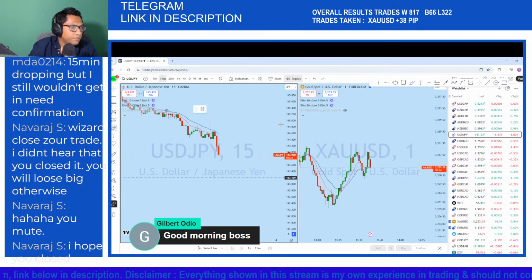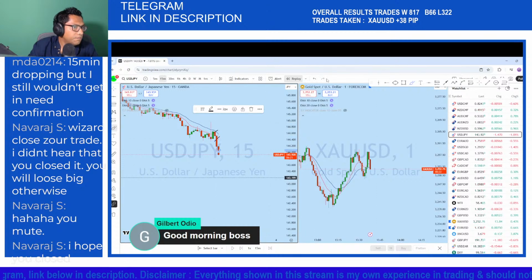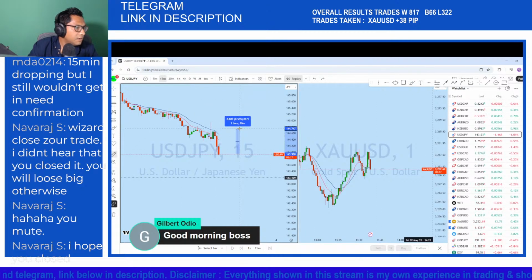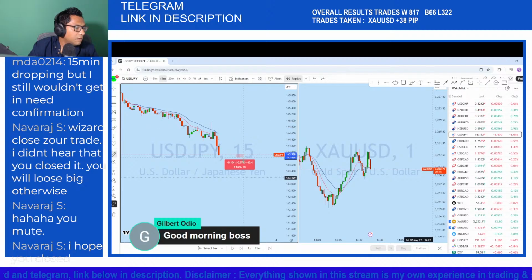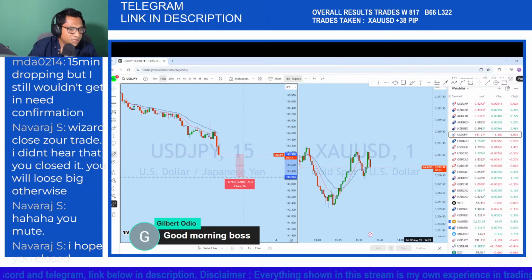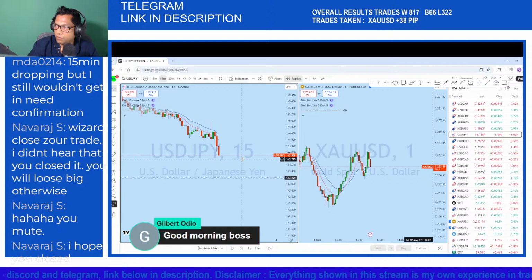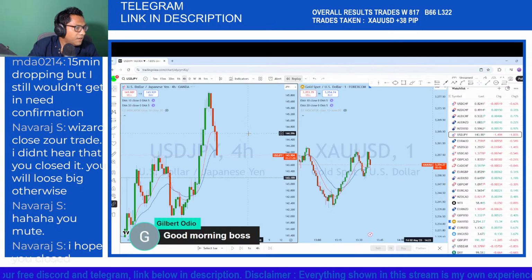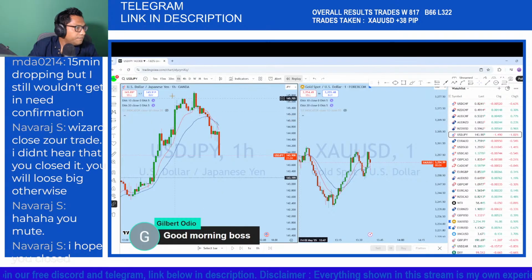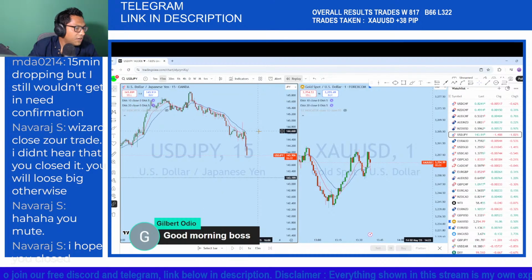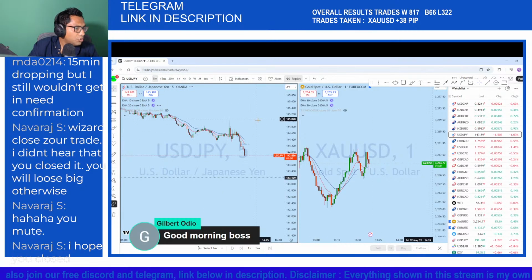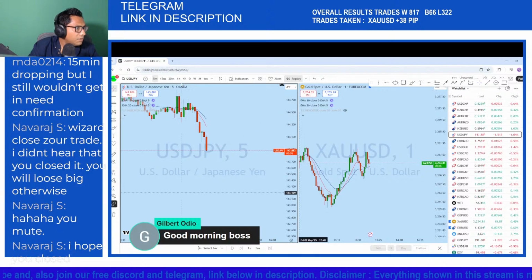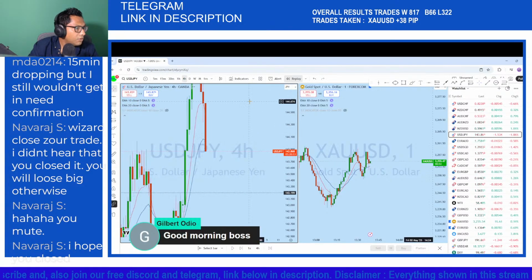We can see 1, 2, 3 important bearish candle formations in that area, and we may be able to see some potential drop here on dollar yen. So from that perspective, if we look at dollar yen here, we can see the market is showing potential. Looking at the 4 hour,